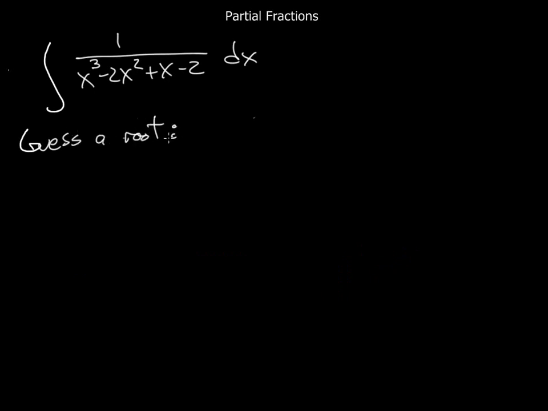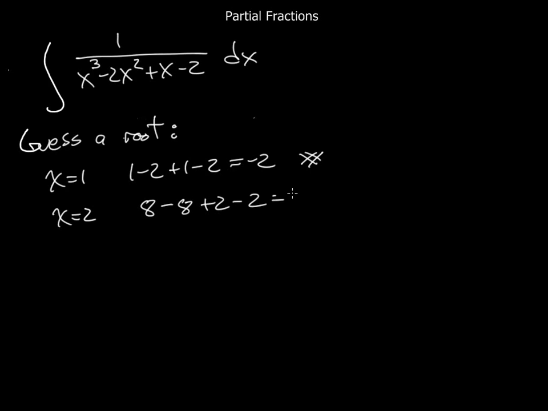Okay, here's another polynomial problem with this cubic polynomial. And when you have a cubic, you need to try and guess a root. So let's see, if you plug in 1, you get minus 2. That's too bad. Let's try 2. You get, let's see, 8 minus 8 plus 2 minus 2 is equal to 0. Good. So 2 is a root, so that means that this thing can be factored, where one of the factors is x minus 2. And the other is going to be quadratic,